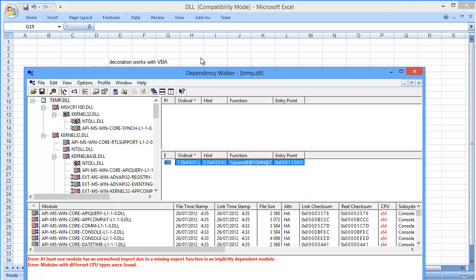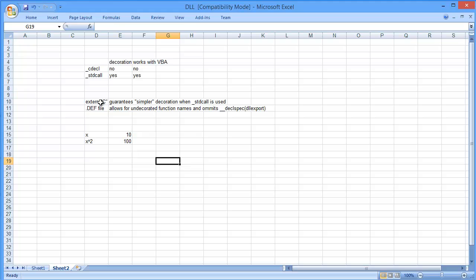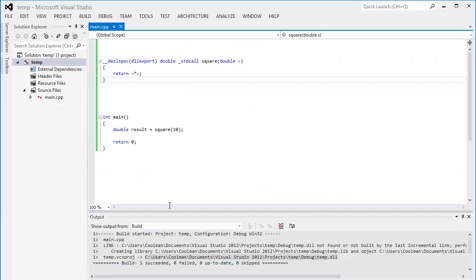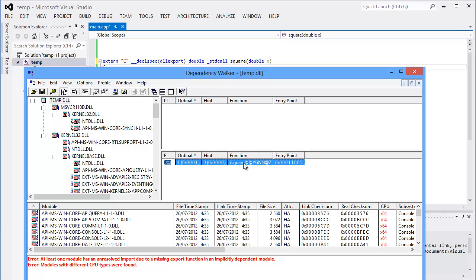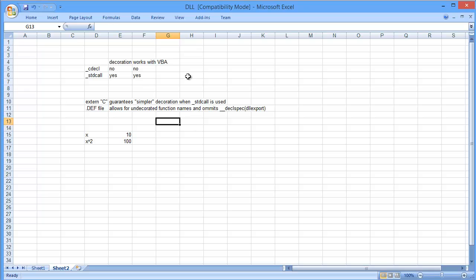For this reason you can use extern "C" before the function declaration, and extern "C" ensures that this complicated looking function name will simplify so that you can actually estimate what the function name is. If you use this extern "C" in combination with stdcall, the function name will always be like this,